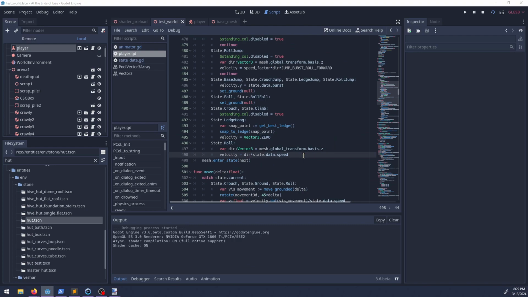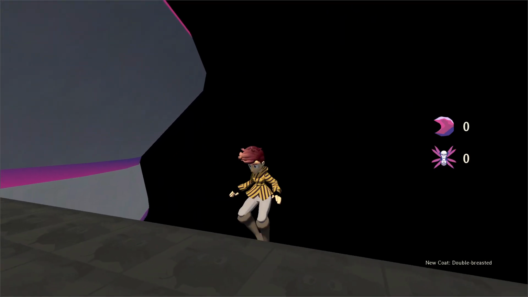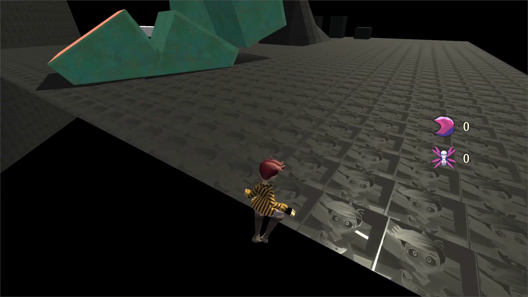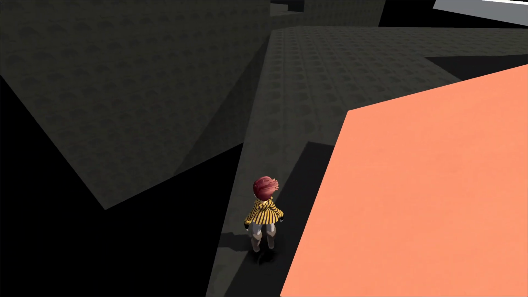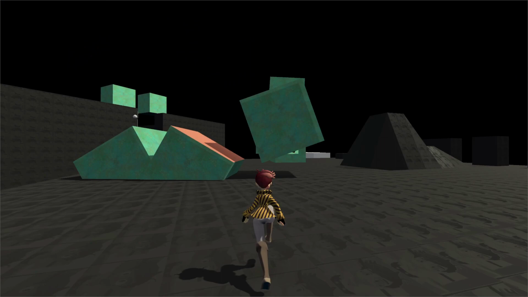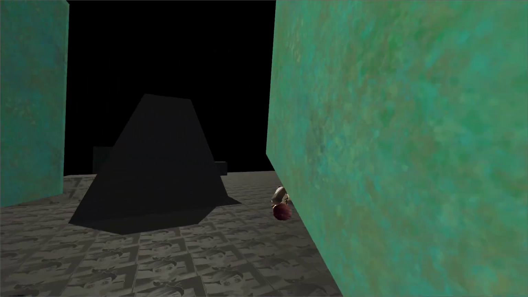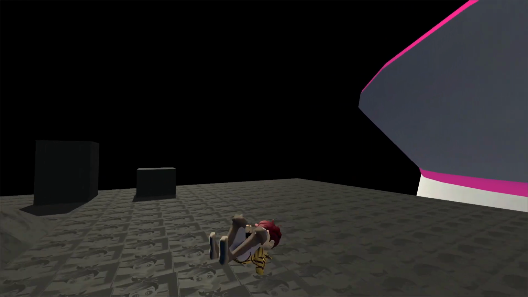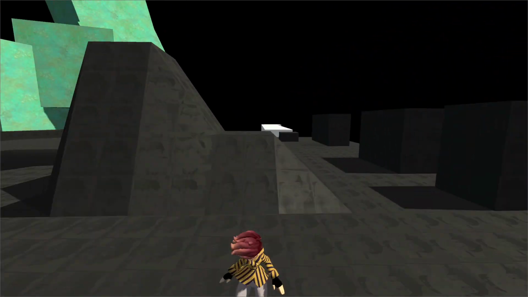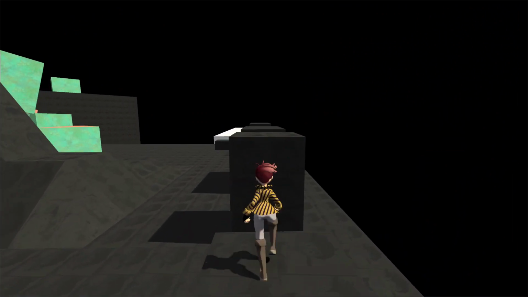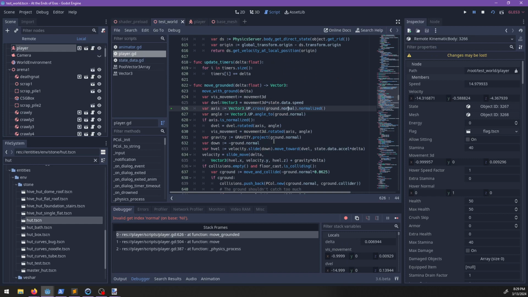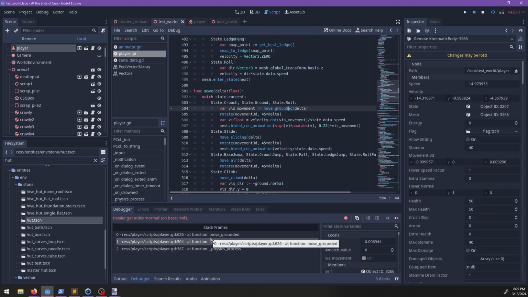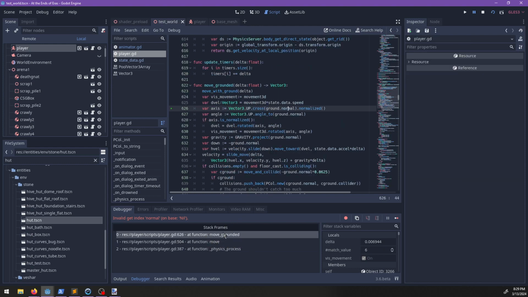Okay, so this sets it to the max speed currently. I can't, okay. I couldn't get back up on the ledge. Yeah, this is not quite correct. Alright, so why do we not have a ground normal? Oh, because we're in the,